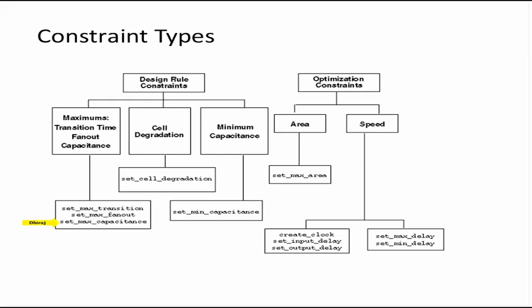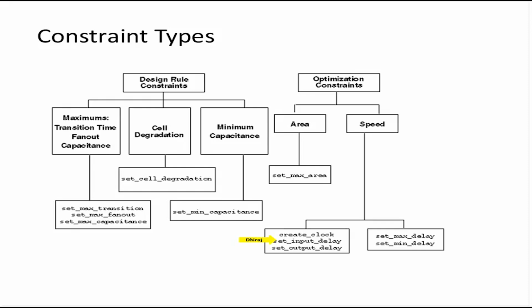So we saw that for timing constraints, to actually constrain the register to register path, the only thing you need to define is the clock. So the command is called create clock. I'll go over this create clock in the lab session in detail. Then to constrain the input to register path, there's a command called set input delay. To constrain the register to output path, there's a command called set output delay. So these three commands, create clock, set input delay, and set output delay, in total constrain all three kinds